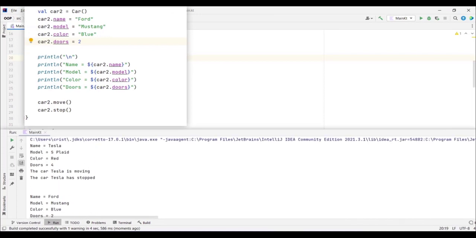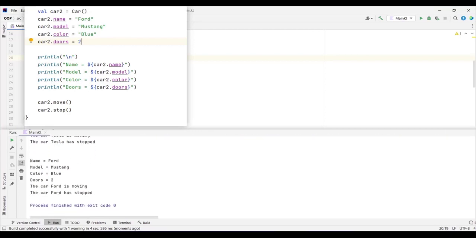Now we get our first object with its values for its properties. And then we get the two functions called on our first object, and we get then our second object with its values for its properties, and then we get the car Ford is moving and the car Ford has stopped,